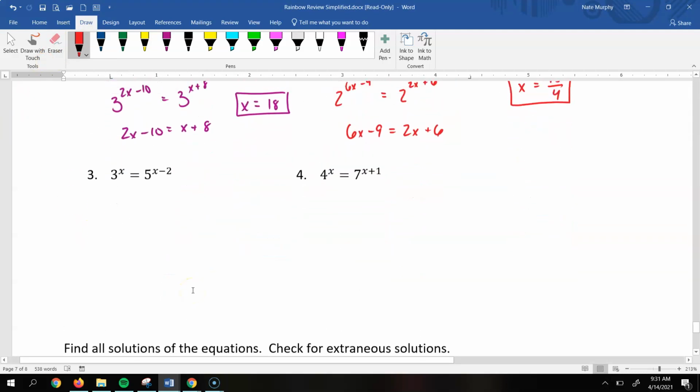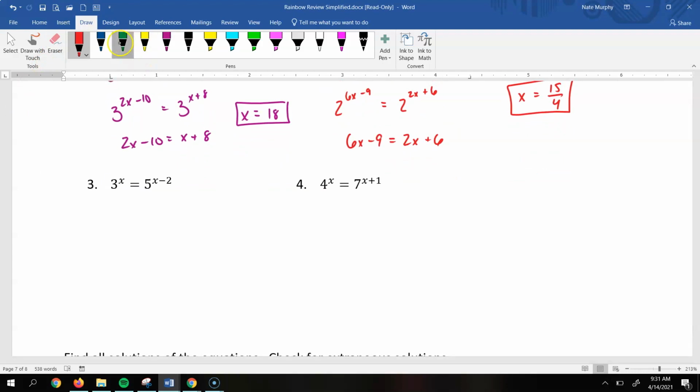All right, let's look at number 3. So with number 3, there's nothing we can do to the bases 3 and 5 to get the same base. And so what we're going to do is solve this equation by taking the log of both sides. And so if I take the log of both sides, I would have log of 3 to the x power, but remember that x we would put in front of the log, equals,